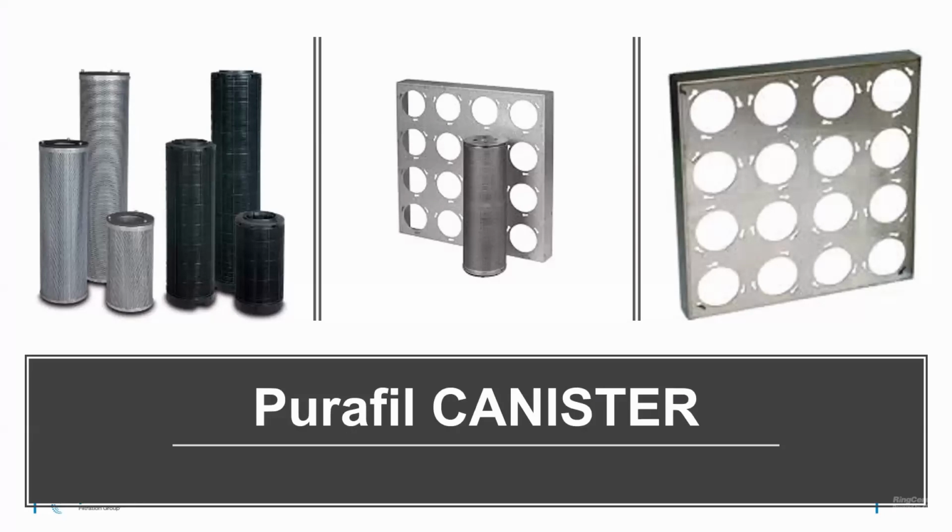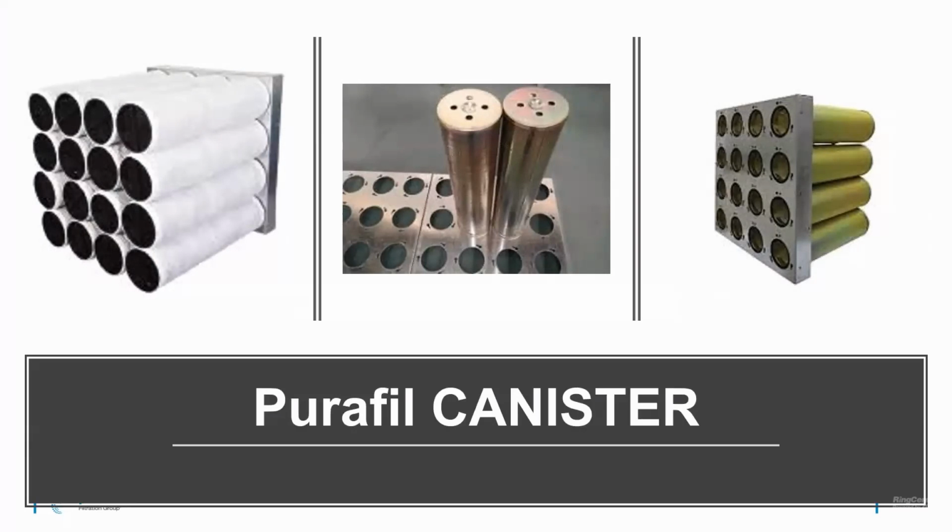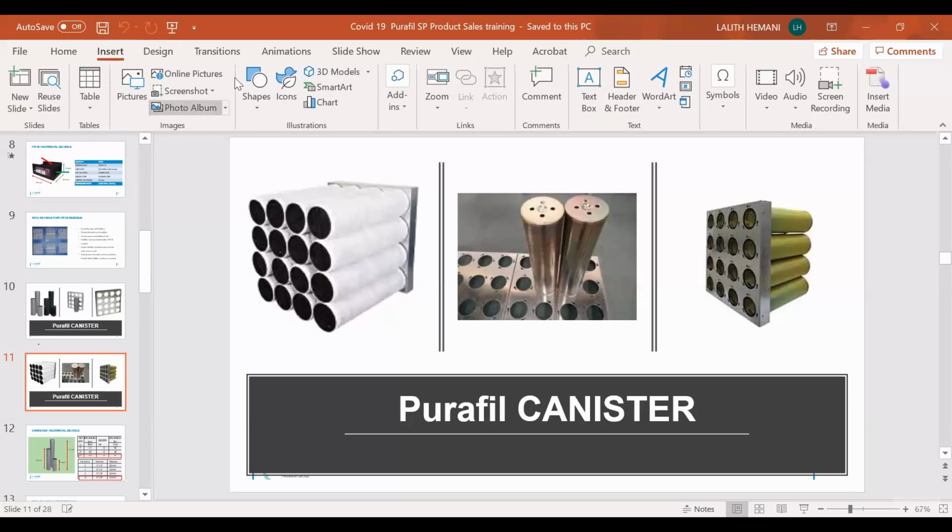You have seen one PK18 module. That is one of the ways we can put the chemical and install in the AHUs. This is another way we can utilize, and I will tell you why we have different models and what is the advantage and disadvantage. See, in this way you can put the cylinders. You get the concept? Yes. In these cylinders, we will be putting the Purafil SP chemical, and the air will be going through these holes. Can you see the right hand picture? I will show you in 1 minute. The air will be going.